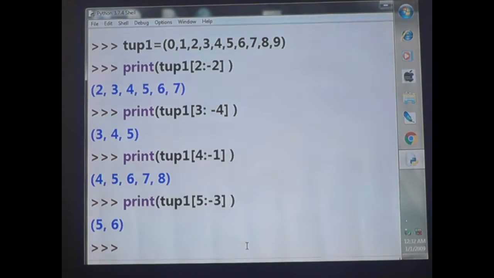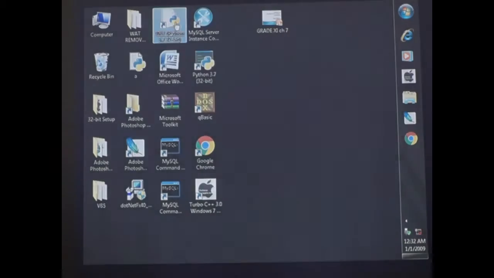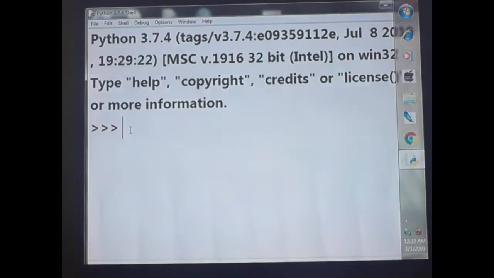Okay, fine. Now I am going to explain it with the steps. So let me copy this one, close this one, and open a new one. Here, oh my God, it's gone. So TUP1 is equal to.